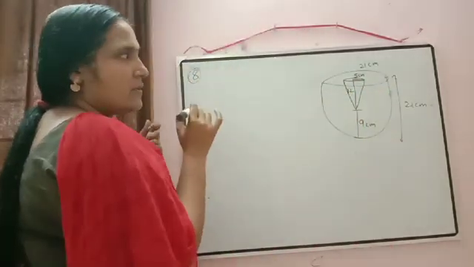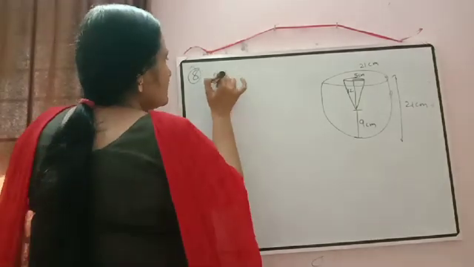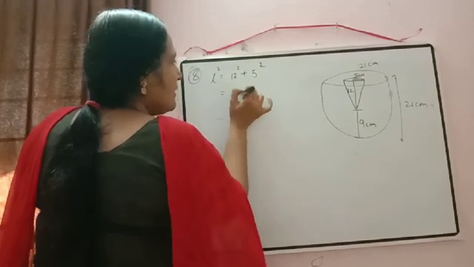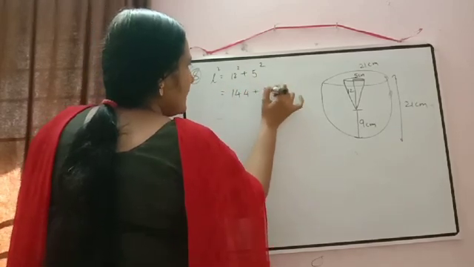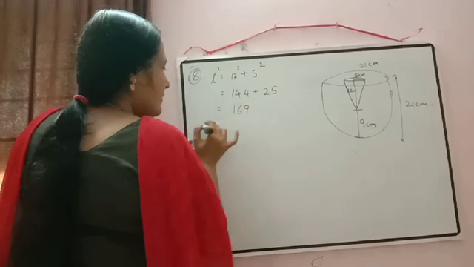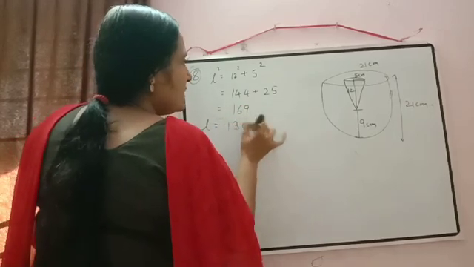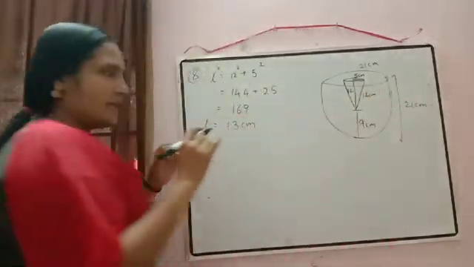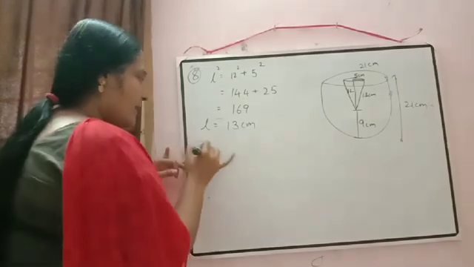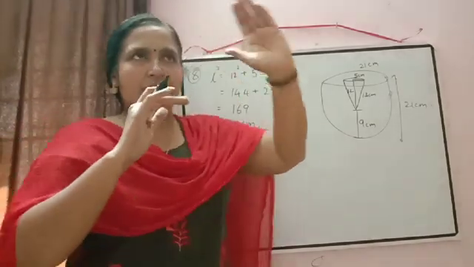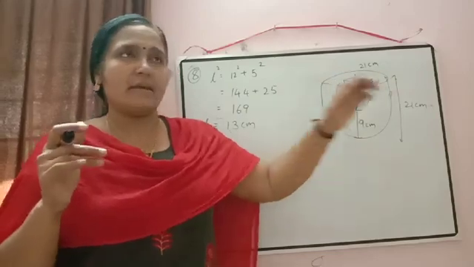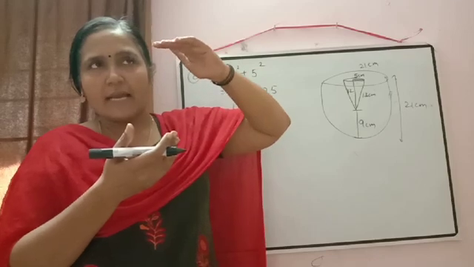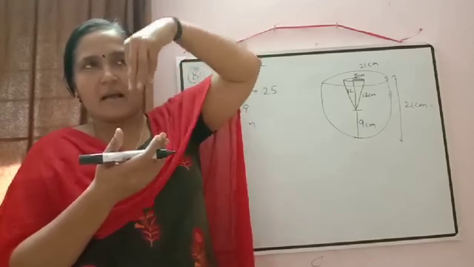Correct? So first we can calculate the slant height. Slant height, as you know, L square is equal to 12 square plus 5 square. 12 square is 144 plus 5 square 25. So we will get here 169 and L is equal to 13 centimeter. So we got slant height is equal to 13 centimeter. Now imagine the diagram there. What the diagram will come from a hemisphere. Radii are different there. Okay. So from a hemisphere, that is a solid hemisphere, we took a conical depression outside there.